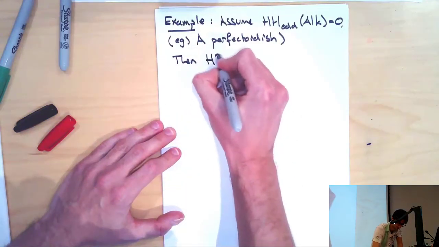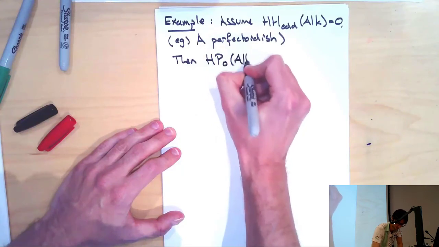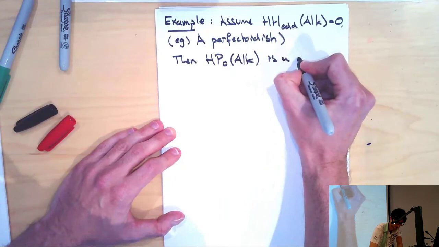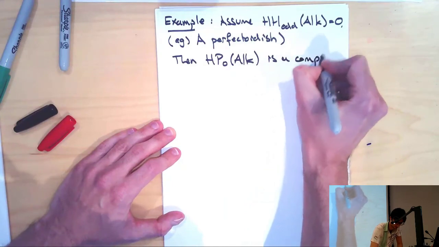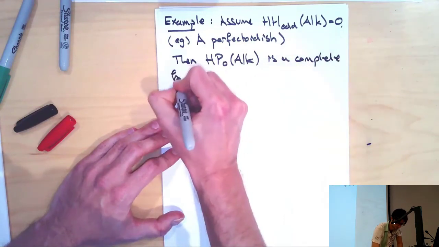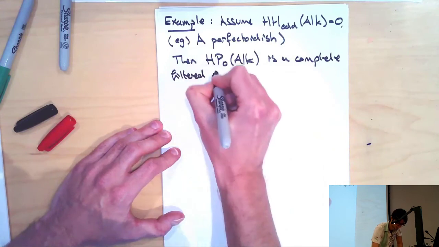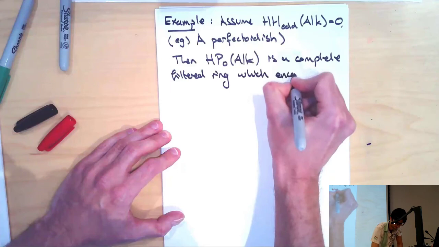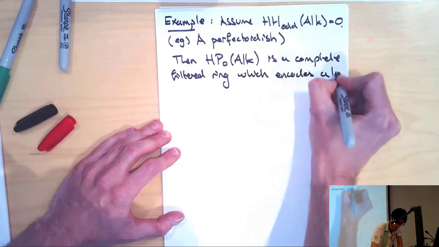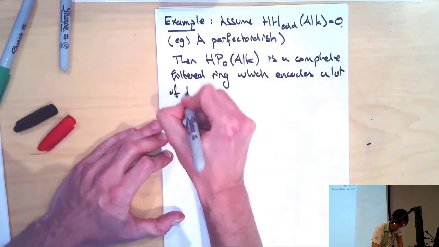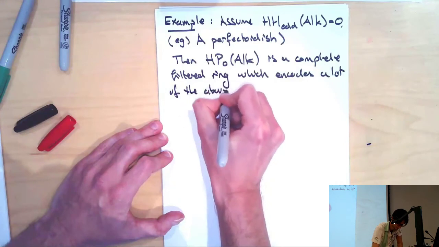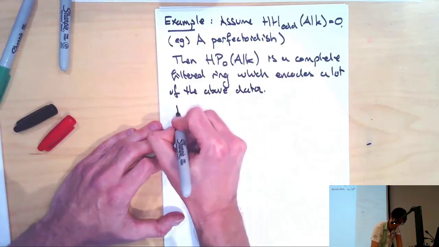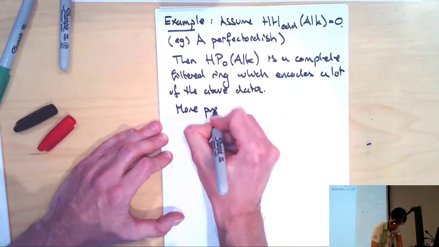So let's have an informal statement. The 0th periodic cyclic homology group is a complete filtered ring which encodes a lot of the above data. Okay, it's really imprecise, so let's do a little bit better. More precisely,